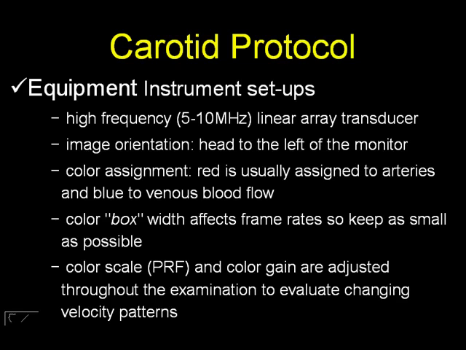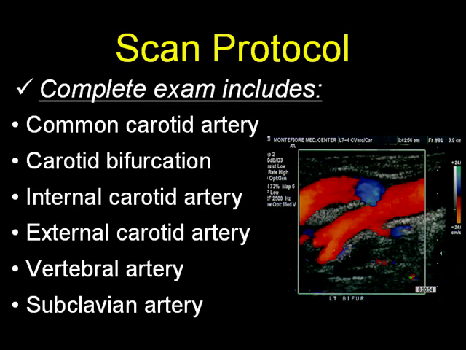In terms of the color box or the ROI box, ROI, which would be region of interest, keep in mind that the wider the box, the slower the frame rate. So we try to keep the box as small as possible, especially when we're evaluating suspected stenosis. And also keep in mind that the color scale and the color gain really should be adjusted throughout the examination to evaluate changing velocity flow patterns, as well as to compensate for the differing depths of all the vessels that are being evaluated during the examination. So it's important for the technologist to make all those adjustments as he or she is moving on throughout the